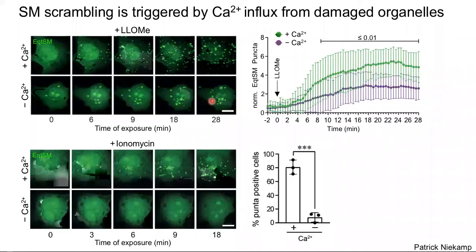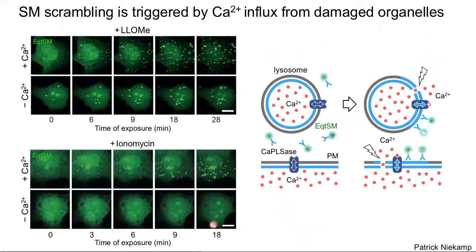Moreover, when these cells were treated with the calcium ionophore ionomycin, the cytosolic sphingomyelin reporter was also readily accumulated in countless puncta. And importantly, the formation of these puncta was strictly dependent on the presence of calcium in the culture medium. When calcium is depleted, none of these puncta would form. Now, based on these findings, we conclude that the damage-induced sphingomyelin translocation is a calcium-dependent process and presumably involves a